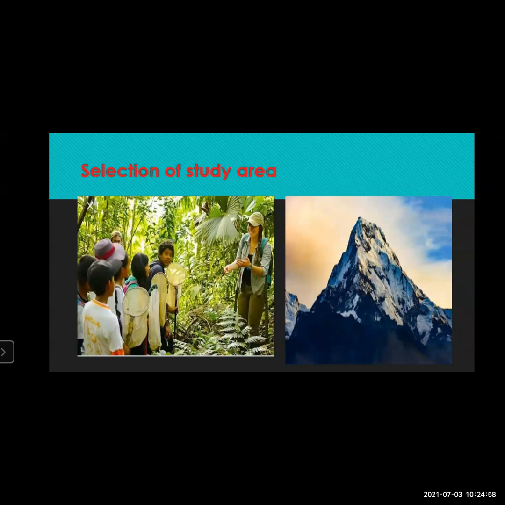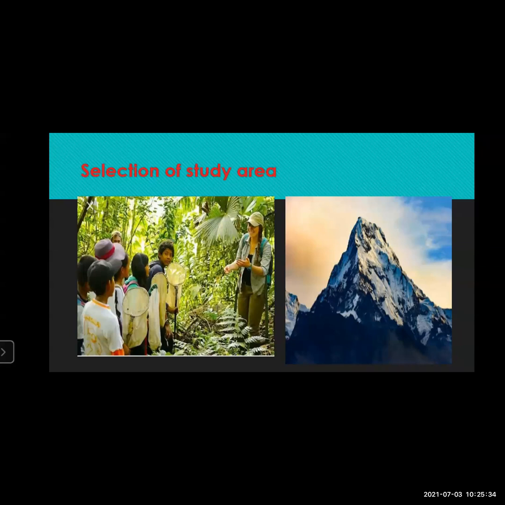Selection of study area. Now, geographical field visits are organized to study the various elements where you can get the maximum things to see. That type of element has to be selected. For example, physical landforms we have learned in the revision lecture. Students, we have seen many types of landforms. We have seen hills, mountains, plateaus, plains. So river banks, dams, coastal areas, then tourism sites, offices, then factories, dairies, museums.